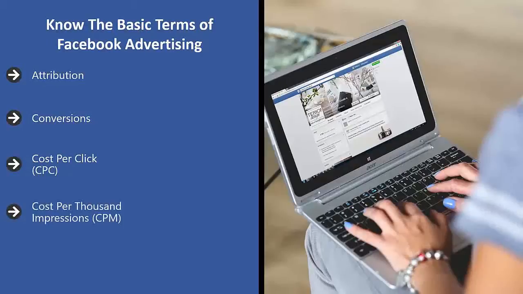Take the amount of money you paid and divide it by 1,000 views. These types of campaigns pay for ad views, not for clicks or conversions. Frequency. How many times an ad showed up in front of eyeballs. Reach. Unlike frequency, this metric refers to how many different individuals your ad was broadcast to. Impressions. This refers to how many times your advertising appeared on users' screens for the first time.